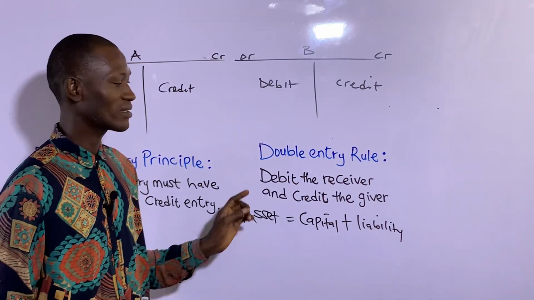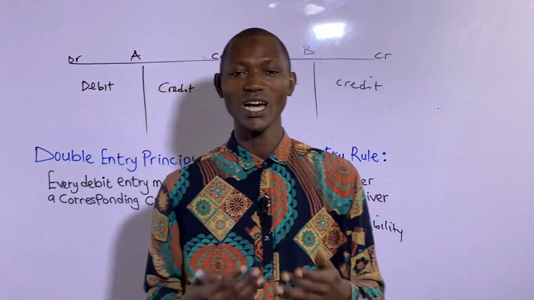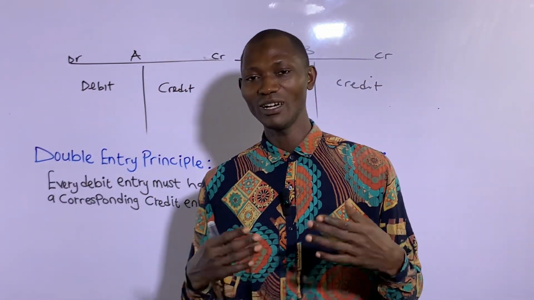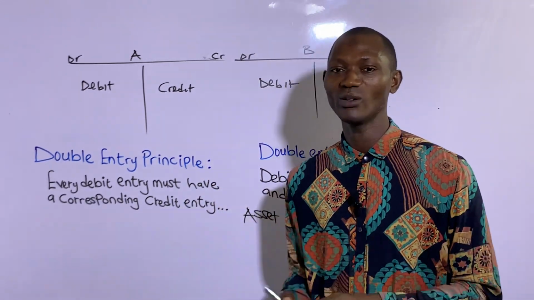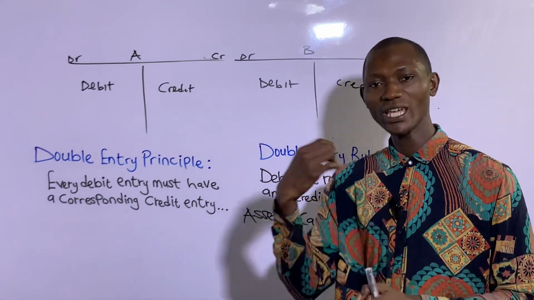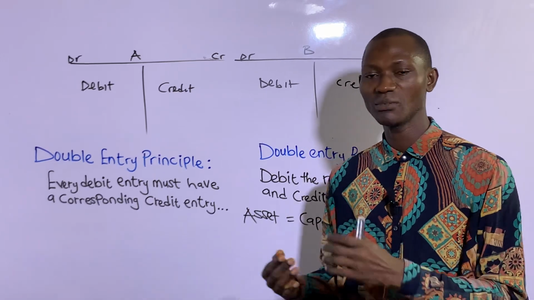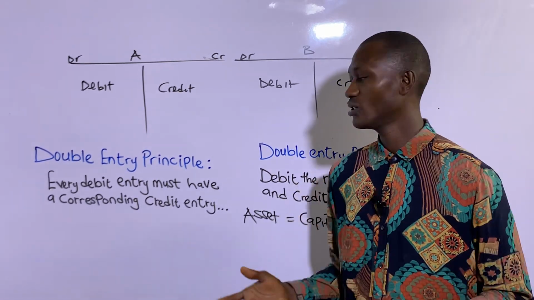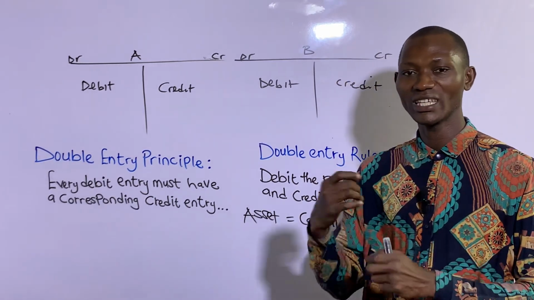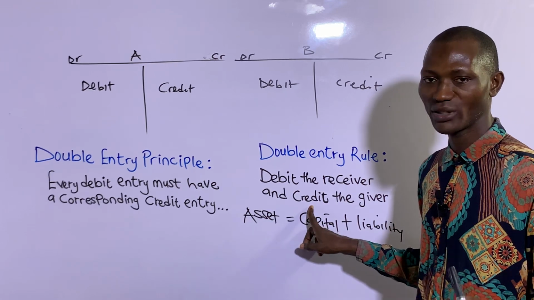It's as simple as that. Then on the other hand, let's say you also have a bank account, because there is no way you can make a withdrawal at the bank without having a bank account. Let's say you are paying money into your bank account. If you pay money into your bank account, it means you are giving money to the bank for them to keep for you. So in that regard, since you are giving, your account will be credited. It's as simple as that.